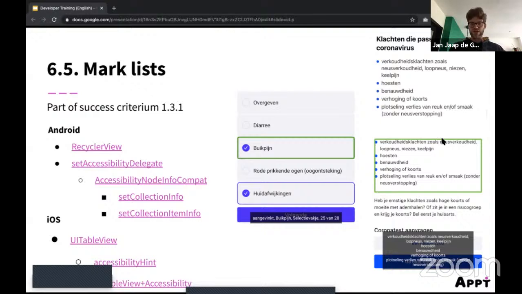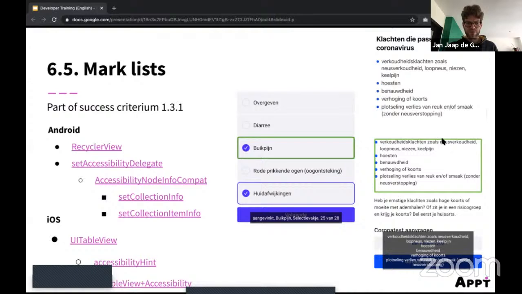And in a second image, you can see where it's working correctly. You can see that it's showing the index, so 25 out of 28. So someone that's using a screen reader knows that, okay, I am on item 25, a total of 28 items, so I'm almost at the bottom. Visually you can see that you're at the bottom of the list, but with a screen reader you don't know this until you reach maybe the last item.